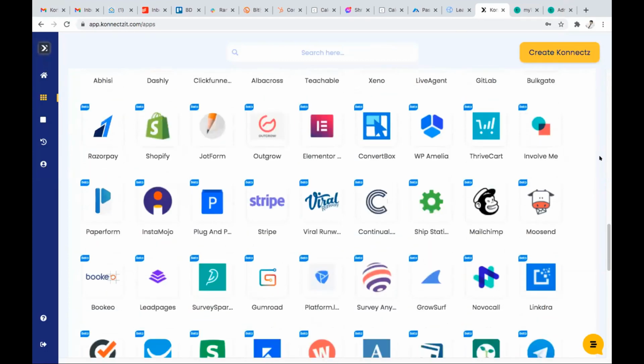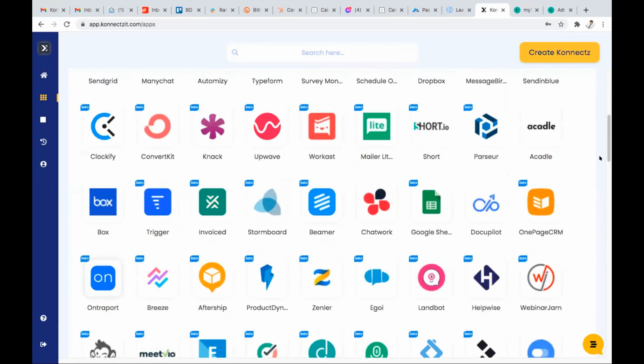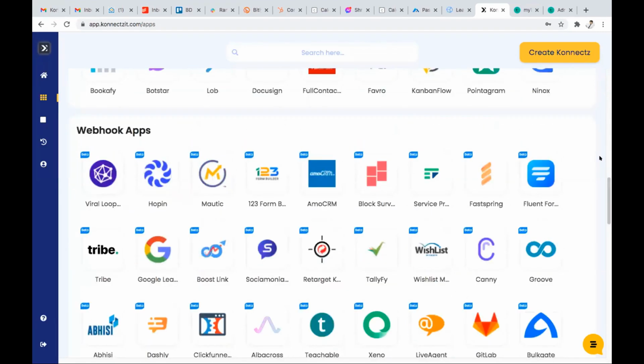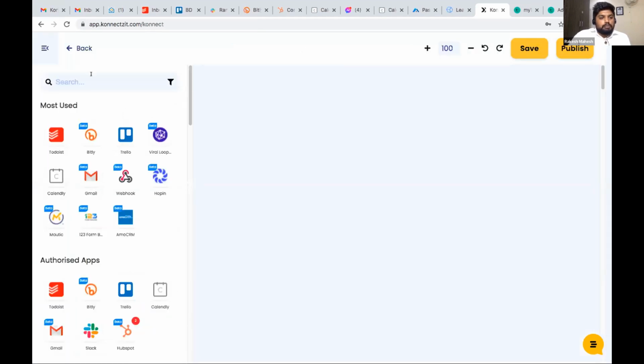Okay. Do you have sufficient instructions on how to set up the webhooks? Is it easy for common users? Yes, it is very easy. I'll show you one example, which is Teachable.